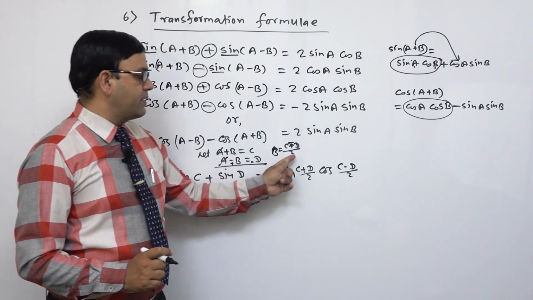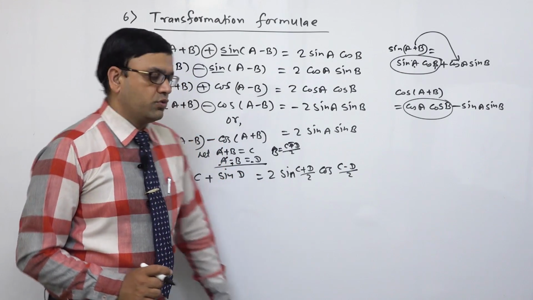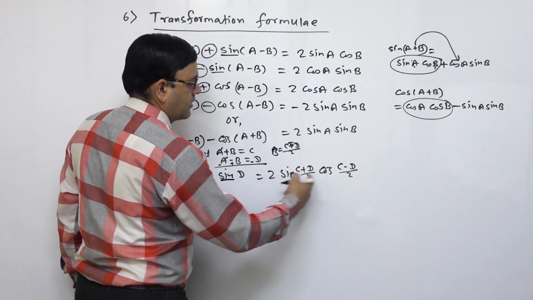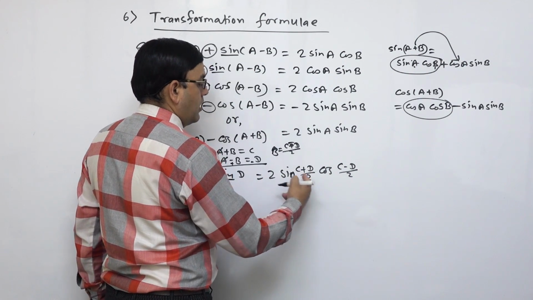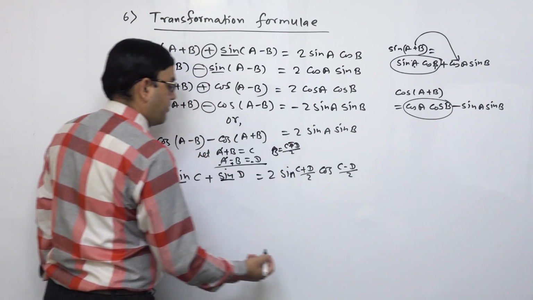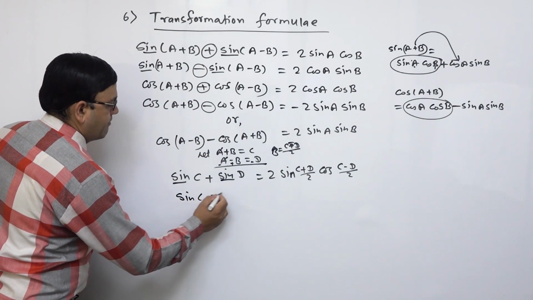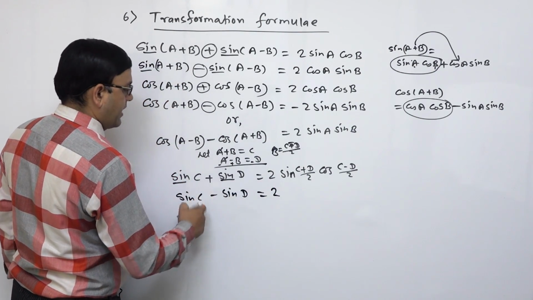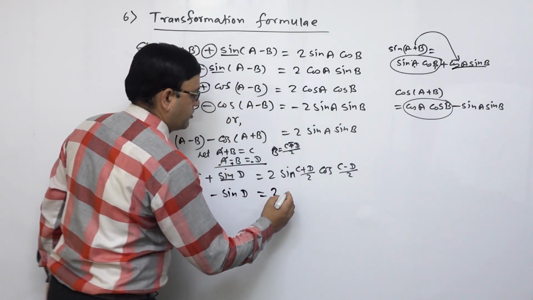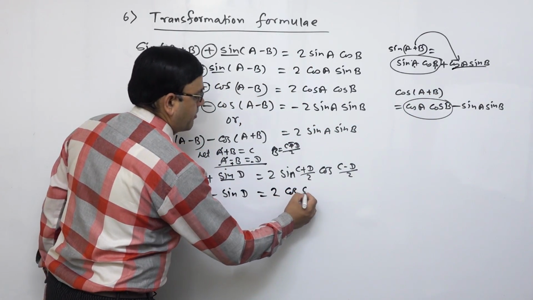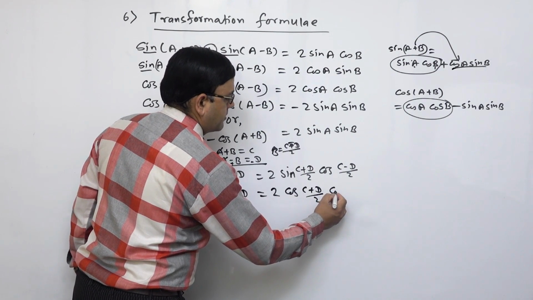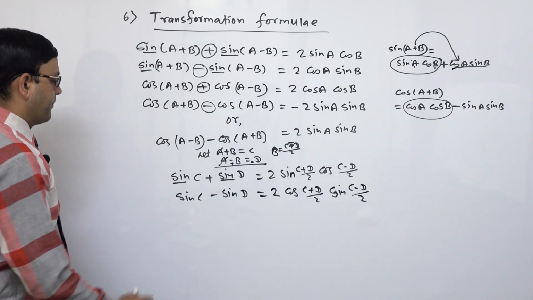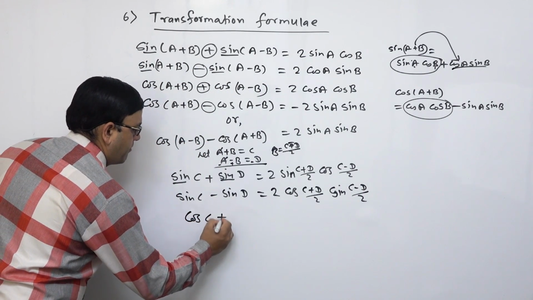त्यसकारणले यहाँ तपाईले (c - d)/2 फर्मुला युज गर्न सक्नुहुन्छ। यसरी हामी sin c + sin d को फर्मुला 2 sin((c + d)/2) times cos((c - d)/2) हुन्छ। तर तपाईलाई सम्झिनको लागि sin को बीचमा प्लस भयो भने sin cos हुन्छ, sin को अगाडिको हुन्छ, sin cos अगाडि त (c + d)/2, पछाडी सबैमा (c - d)/2। अब तपाई गेस गर्नुस् त, sin c - sin d को फर्मुला के हुन्छ? sin को बीचमा माइनस भएपछि 2 त भइहाल्छ, sin को पछाडीको भनेको, हेर्नुस् त, cos र sin हुन्छ। cos a भनेको ठाउँमा तपाईले (c + d)/2 युज गर्नुहुन्छ, अनि त्यसपछि पछाडीको sin, b भनेको ठाउँमा (c - d)/2 युज गर्नुहुन्छ।